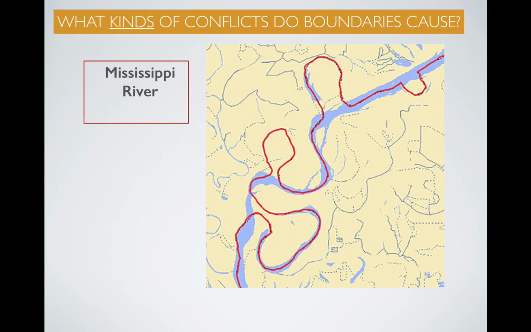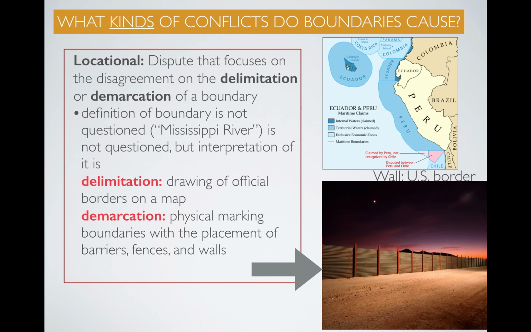If one group says, well, we're going to draw the boundaries on a map, we're going to say where the Mississippi River actually flows is the boundary, where another group says, well, I'd say it's more where the Mississippi River was at the time of the agreement. So that's what should go on the map. That should be what's considered the boundary, the border. This itself would be an issue of delimitation. What should we actually draw upon this map?